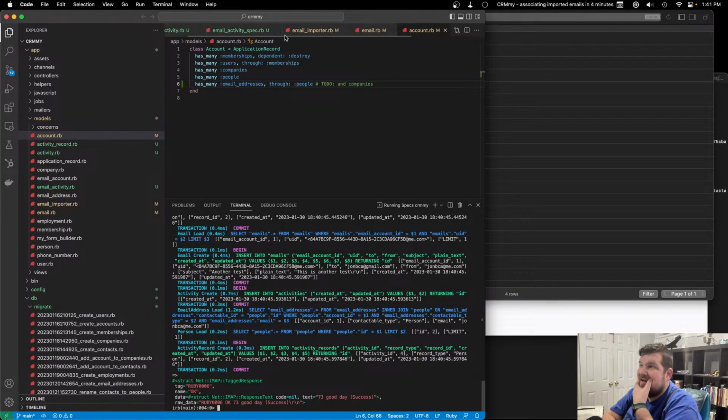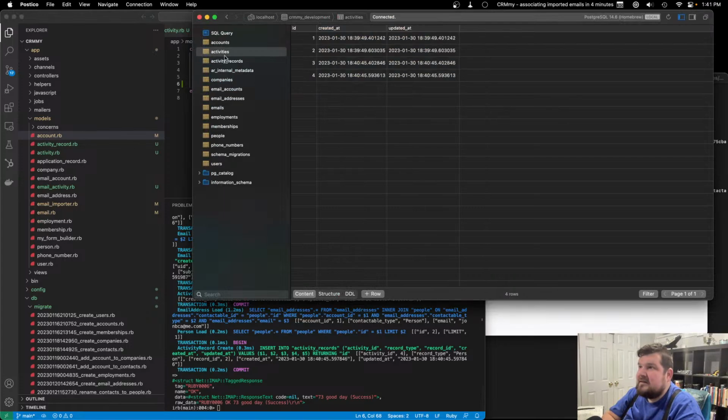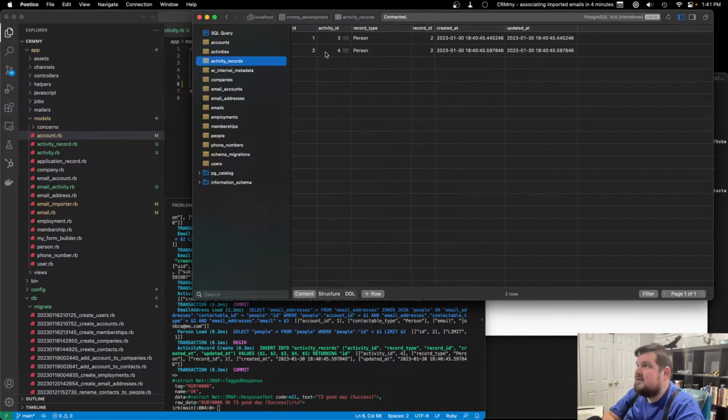So what's happening right now is if there are none, it's always creating the activity regardless. So we probably want this to ignore it unless it actually has some. But the important thing is if we now go to the activity records, then we can see that activities 3 and 4